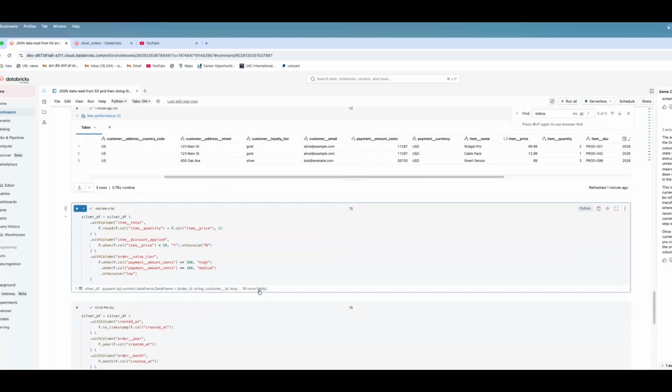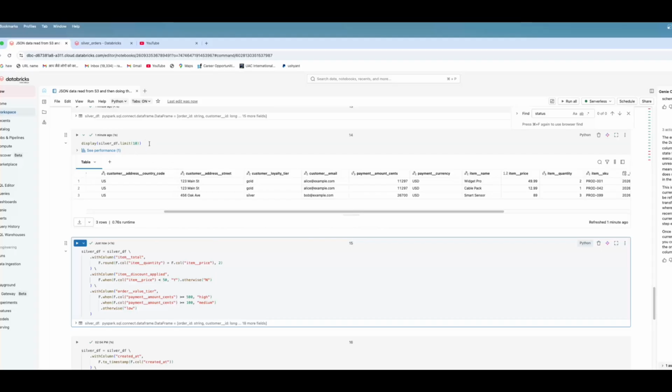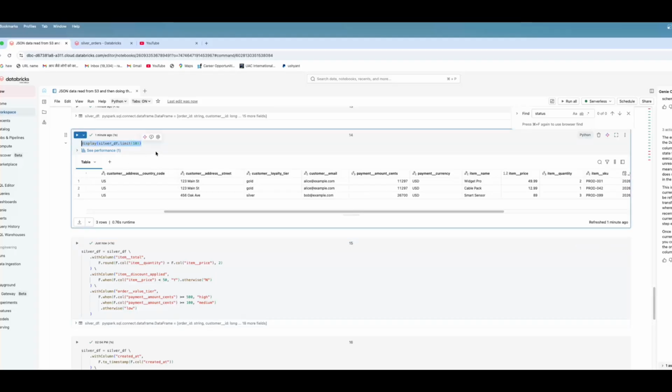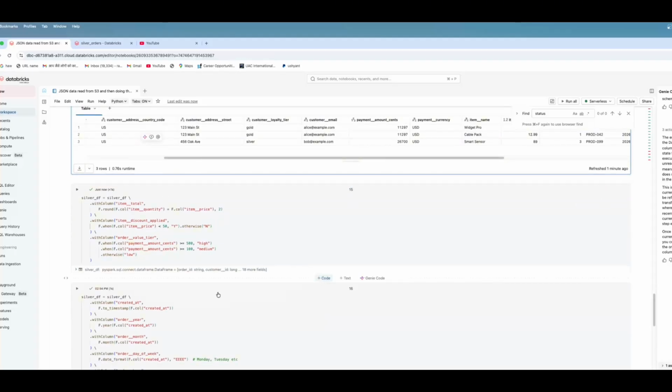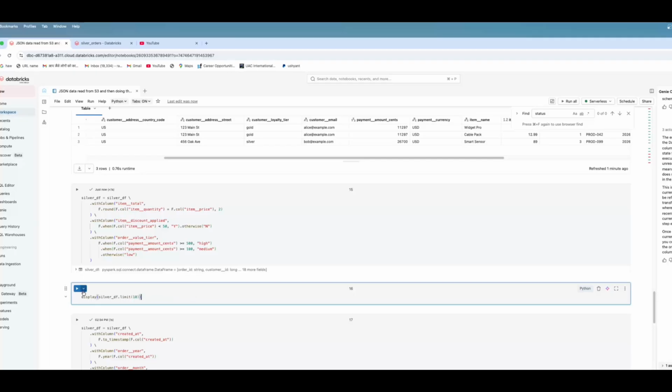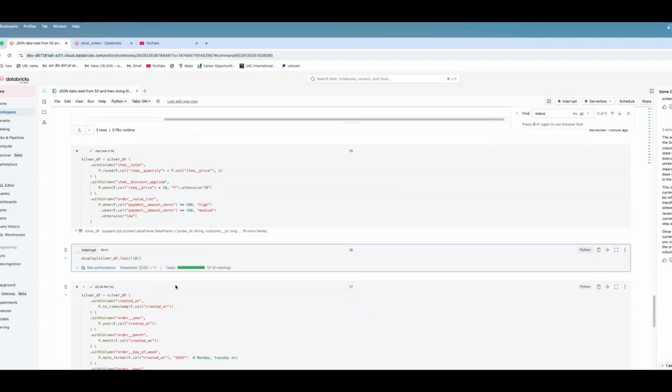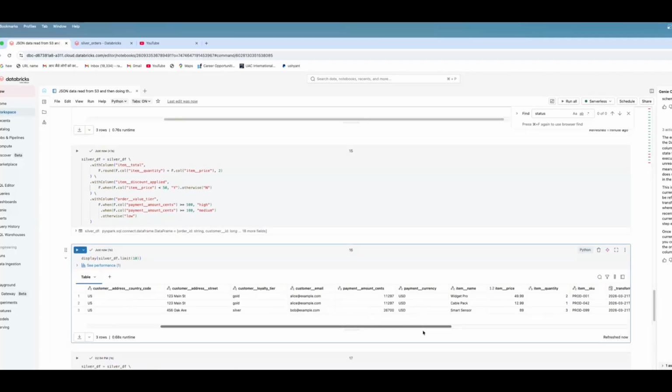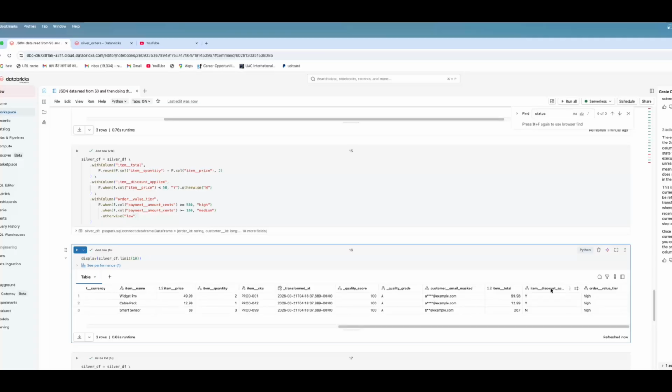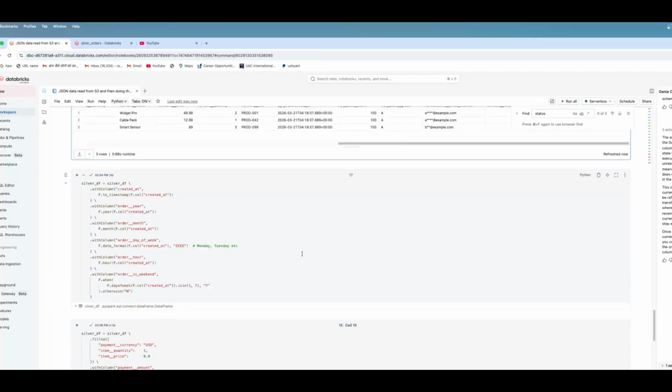So now you can check at this step whether it did work or not. This is actually a transformation happening, and I want to show at each step what is happening, right? Now you can see that you have a discount applied, order value tier, item total, right? And now what you do is